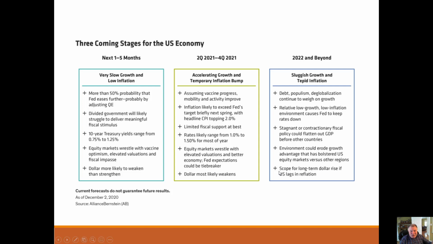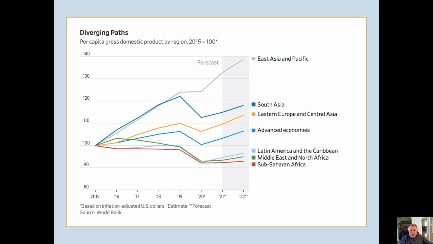So there are different stages we're going to be going through. The diverging paths: when we can see how things have moved, when we look at East Asia and Pacific, we're seeing growth. Okay? In the advanced economies, nowhere near as fast. And when we see these three, they're even growing slower. But we're really seeing growth in East Asia, South Asia, Eastern Europe before the US and other developed countries. We tend to see these three areas below. But again, these are estimates. These are just to give us a sense of where things are going.